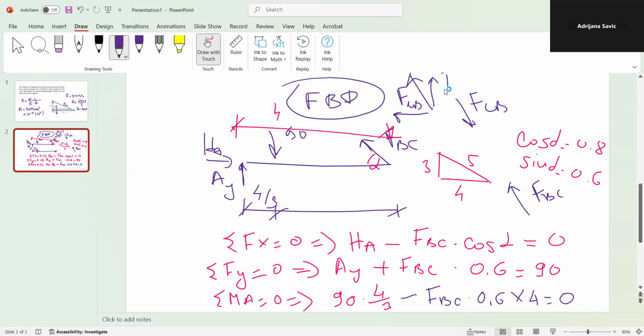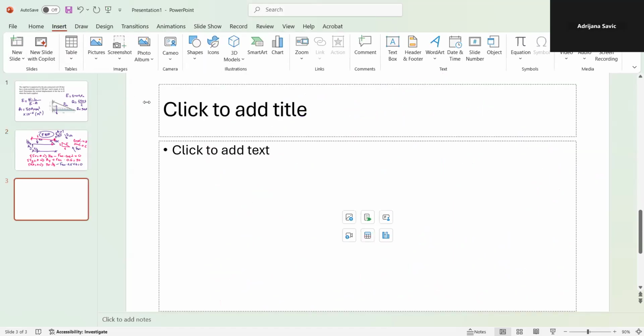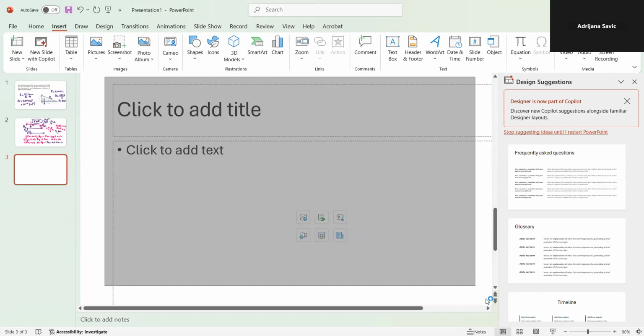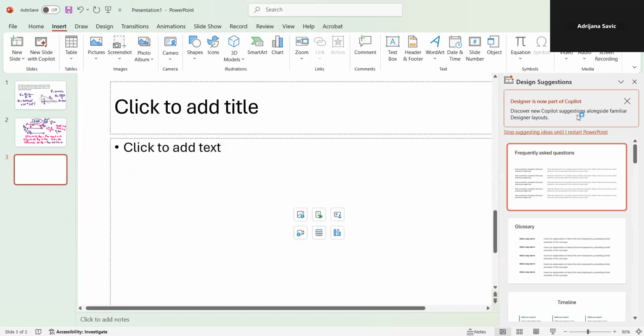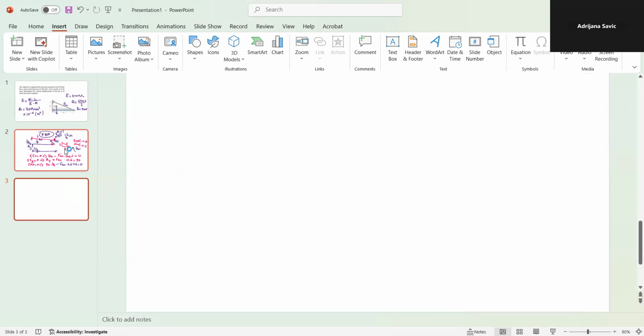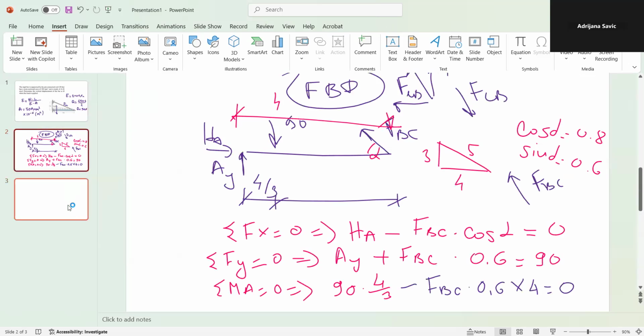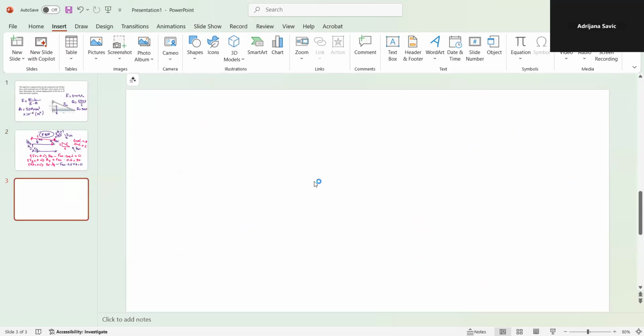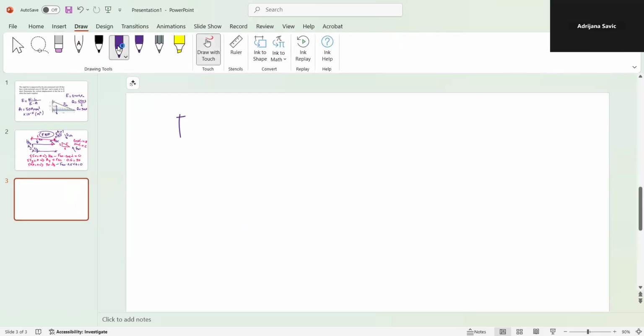So now we have three equations and three unknowns, and what we have to solve is FBC. Using the third equation, we can easily determine how much our force FBC is, and that is the force which you will need in order to find the displacement. So the third equation: FBC times 2.4 is equal to